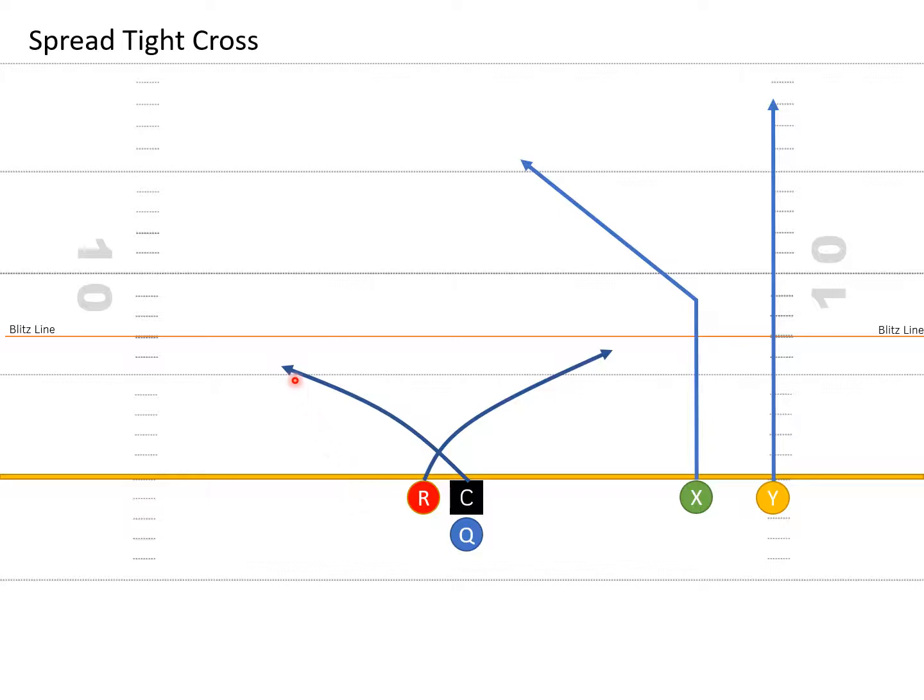You could do a lob pass where the center is running underneath it. There's a whole bunch of different things you can do here where the center is going to be open. The other thing again